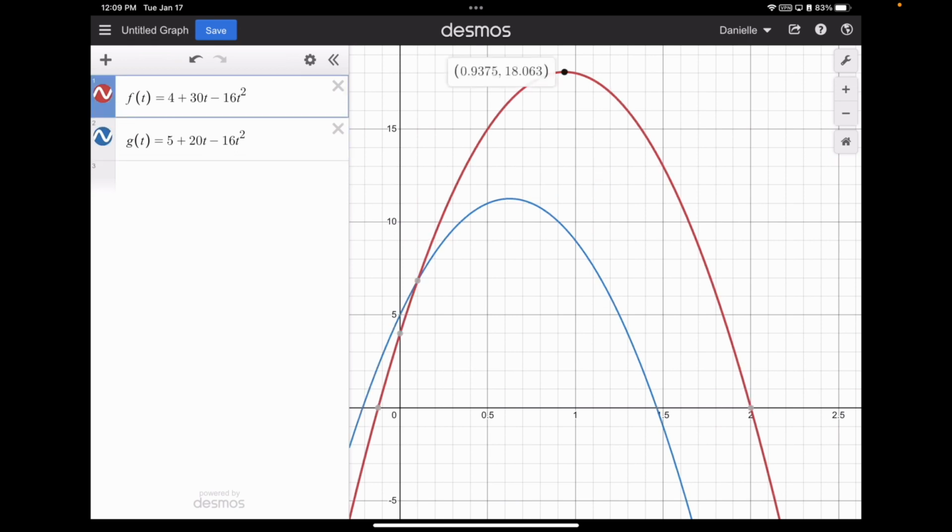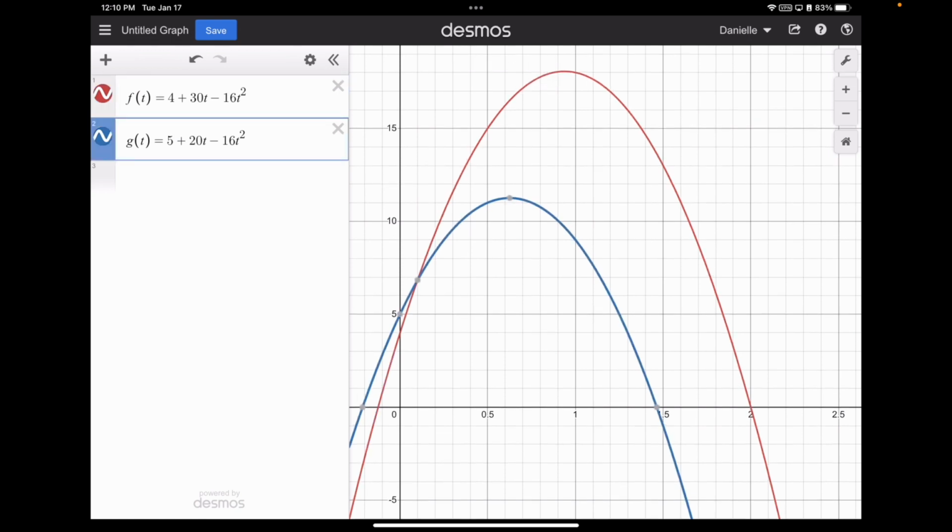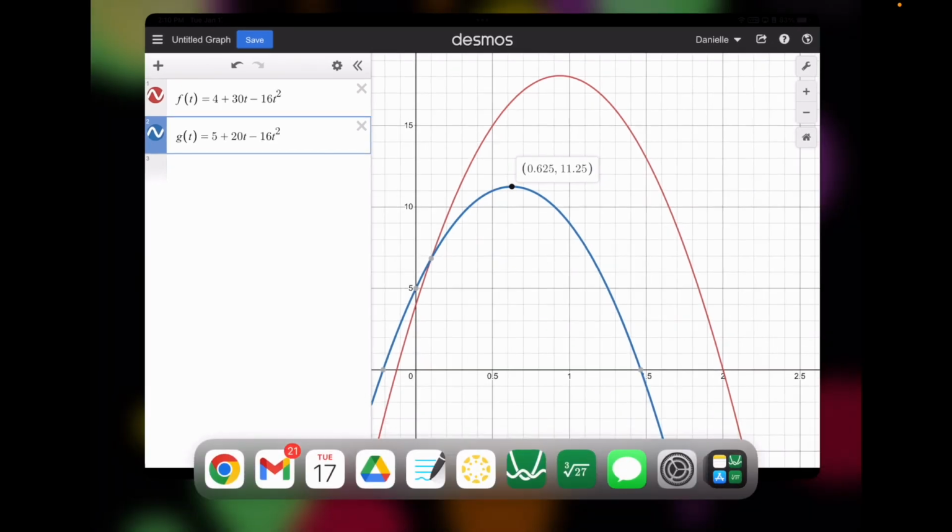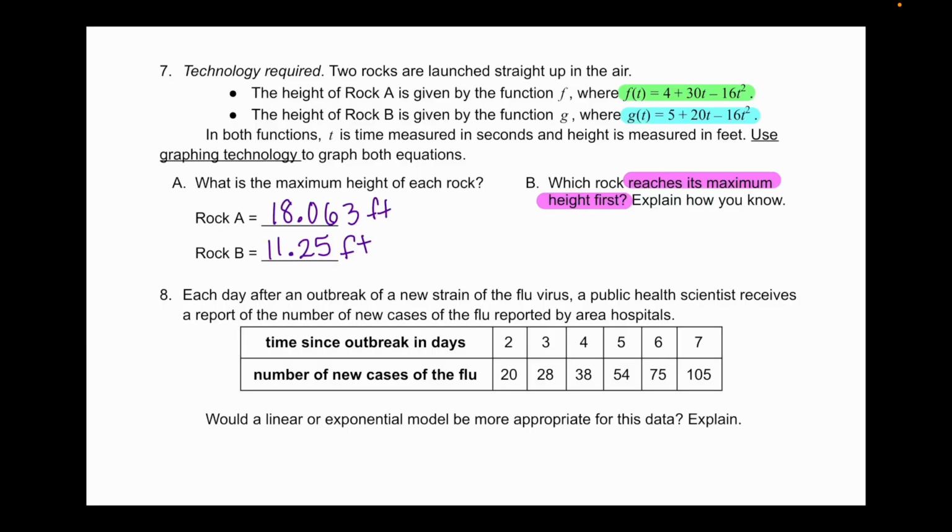And if we look at our red one, this is at 0.9375. So 0.6 seconds or 0.9 seconds. The blue one is definitely going to hit its maximum first. So 0.625, that's function G, which is rock B. So let's go back and say it is rock B because